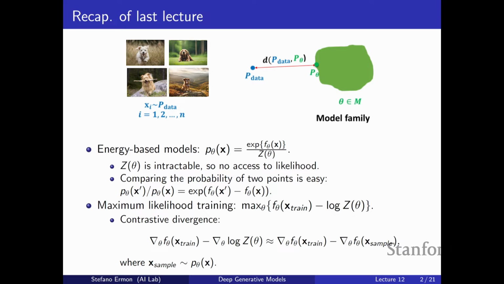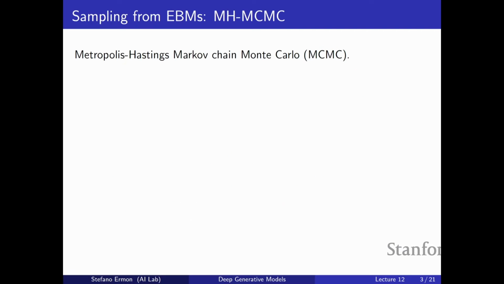Cool. So that was kind of like the recap. And so training energy-based models by maximum likelihood is feasible to the extent that you can generate samples. And we've seen one recipe for generating samples from an energy-based model, which is this idea of setting up a Markov chain. So using this technique called Markov chain Monte Carlo, where essentially the way to generate a sample is to initialize